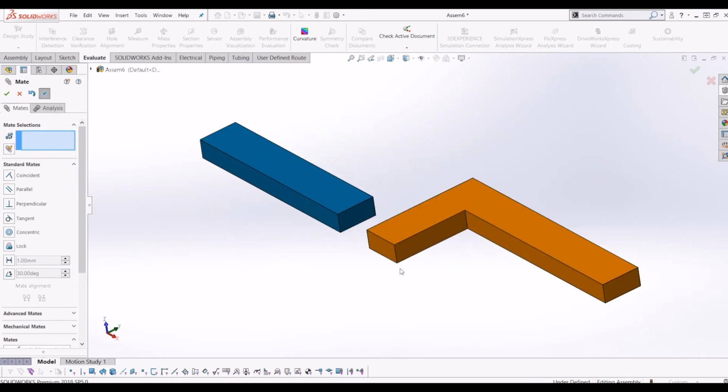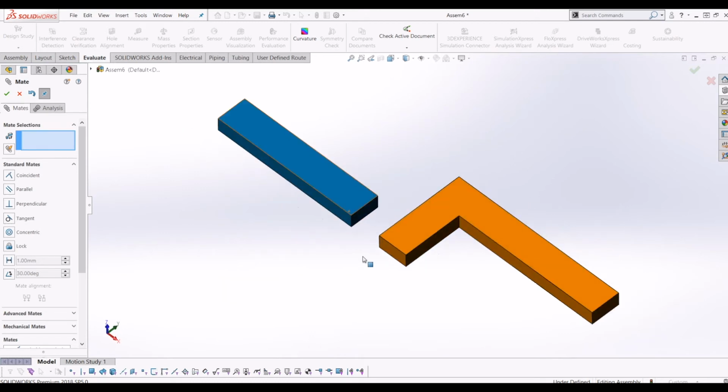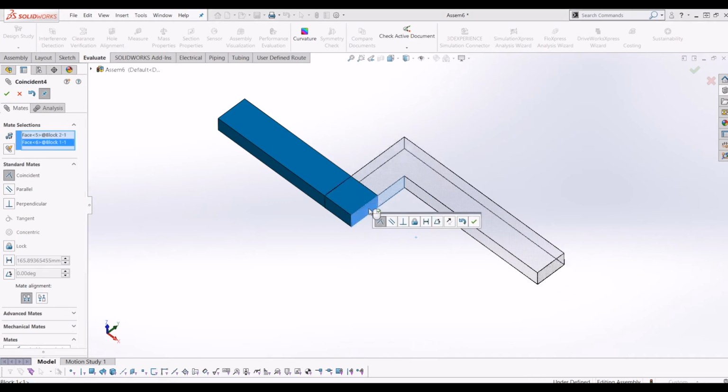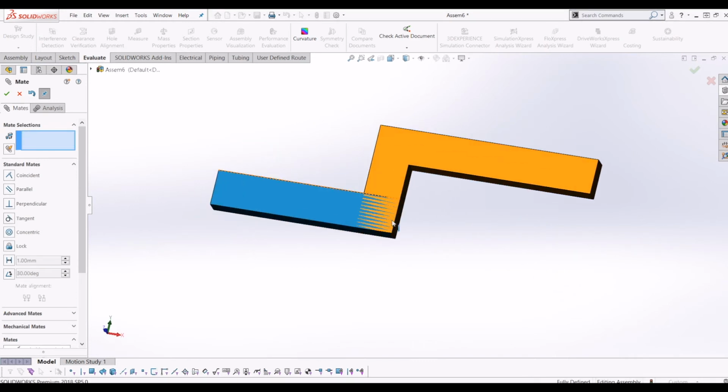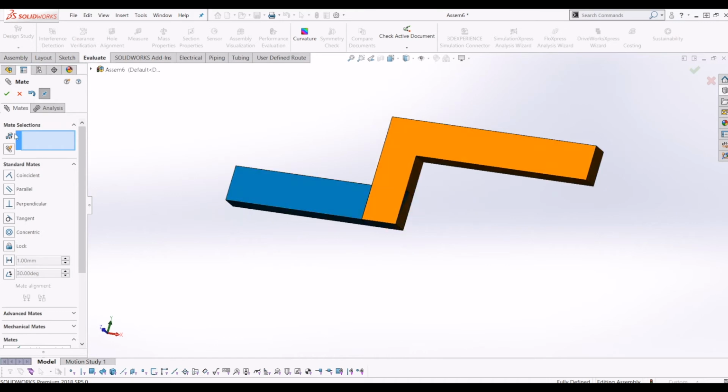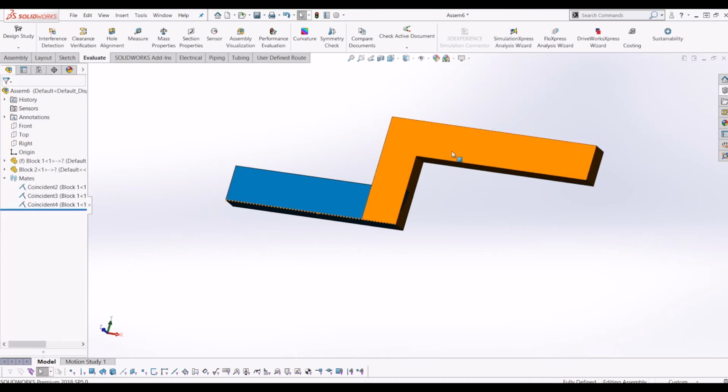To define it in the X axis, I'm going to just click there and there. So I've deliberately made a mistake there. Now these two parts are intersecting. So what I'm going to do is right click on the orange block,